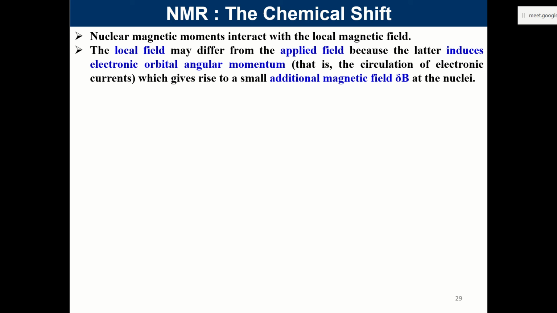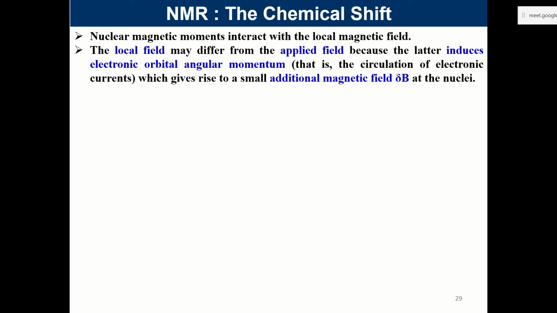an important term that you will see: in fact, all the data is plotted in terms of chemical shift nowadays, not in terms of the frequencies. So the nuclear magnetic moment. Your magnetic moment of the nucleus, or moment of the magnetic dipole: the nucleus is being treated as a magnetic dipole. So we have a magnetic dipole, the nucleus itself, and that magnetic dipole will